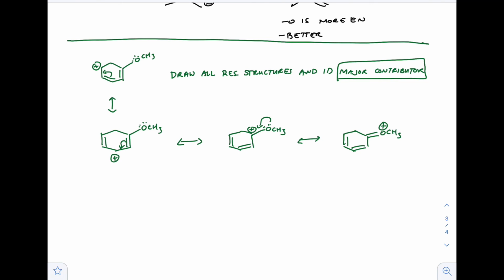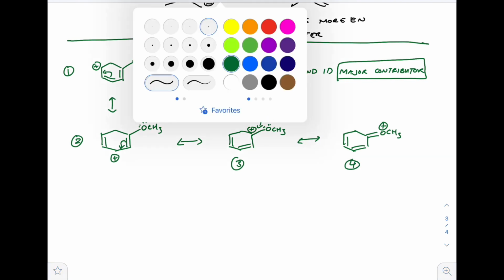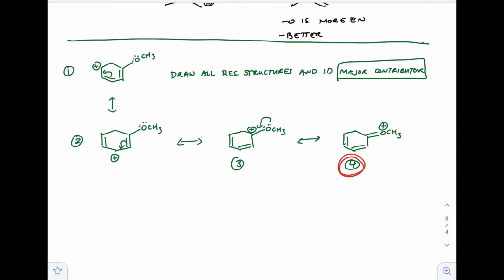Don't forget your first compound. That is a resonance structure technically. So you get 4 of them, right? Now, which one's the major contributor? Think about it. It would be number 4. Now, why is it number 4? Well,